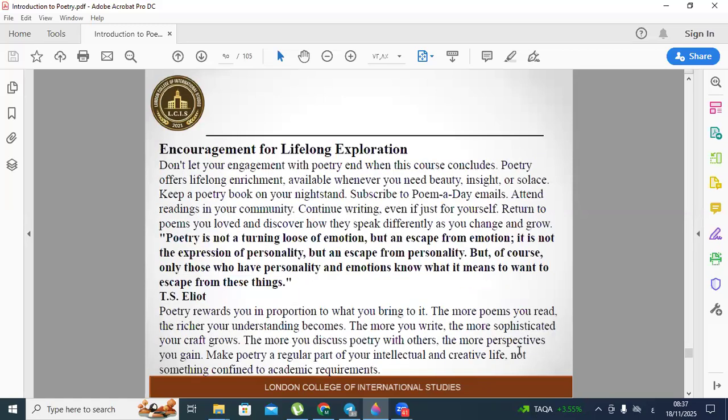Now let's move to encouragement for lifelong exploration. Do not let your engagement with poetry end when this course concludes. Poetry offers lifelong enrichment, available whenever you need beauty, insight, or solace. Keep a poetry book on your nightstand. Read a poem before sleep. Subscribe to a poem a day emails from the Academy of American Poets